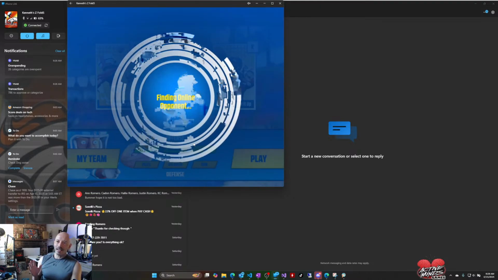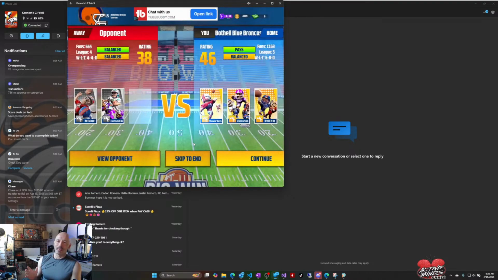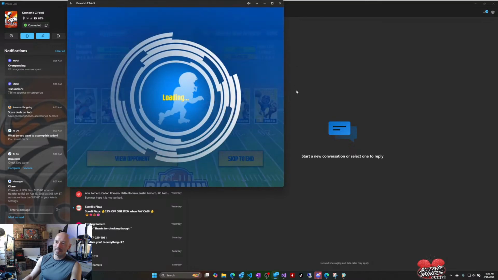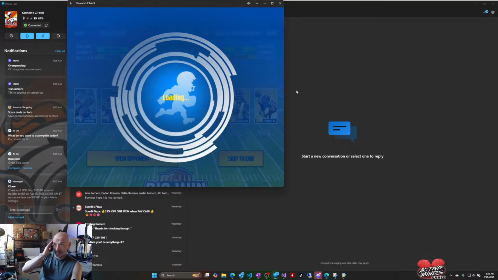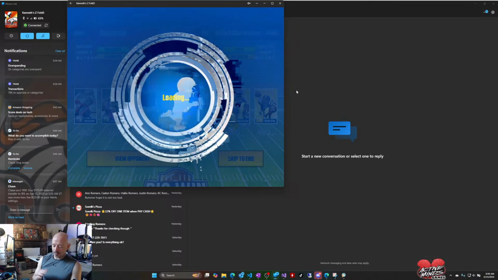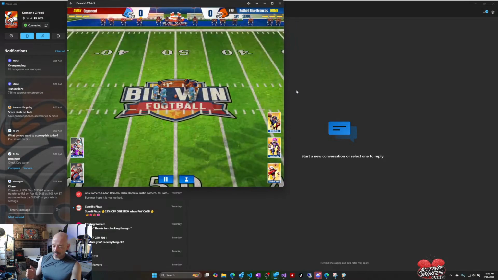Interestingly enough, they run the exact same play. It's like an option. They sometimes pass, sometimes run, but it's the same formation. They don't change. I mean, I don't know. Maybe they do have some different routes in there for the players. I don't know what they're doing exactly, but okay. So this is Big Win Football's look, and if you look at it,